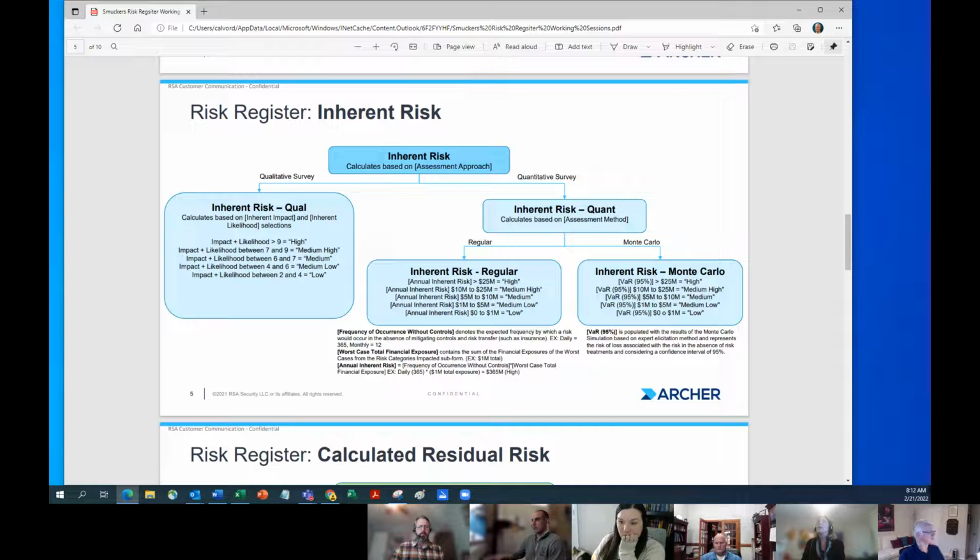So if we have the risks assigned appropriately to the appropriate people, we may not need to go out with an assessment. It may simply be a dashboard report that says these are all your risks. Go do your inherent risk for impact and likelihood. Obviously they can't do residual risk right yet.